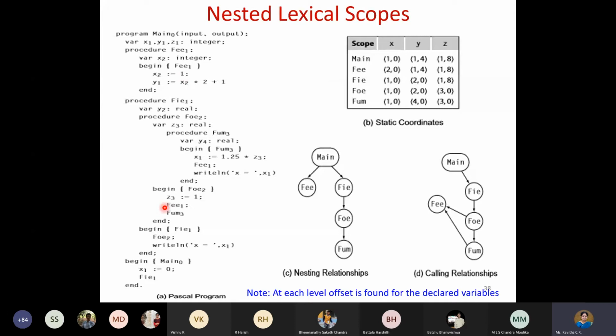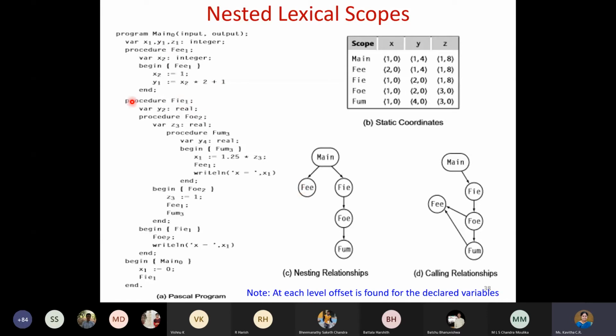So if you observe this structure, anyway it is well indented also, so you can easily make out what is nested in what. Okay, so if you take up this code and if you try to write the graph for it, it looks like this. For main, initially we have FEE, which is independent, and we don't have anything inside FEE. That's why it is just a leaf node.